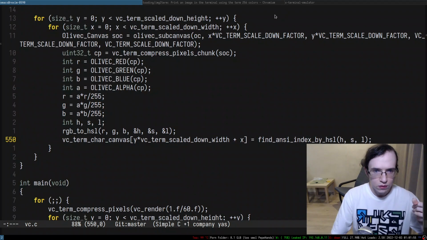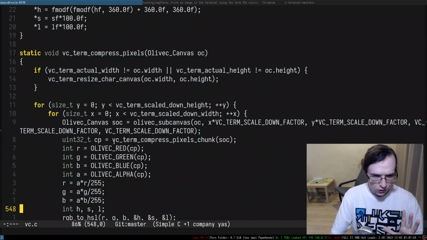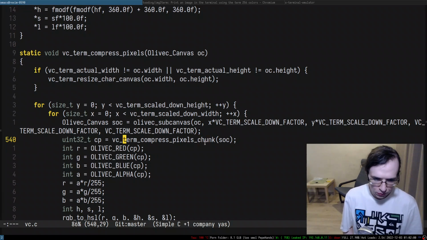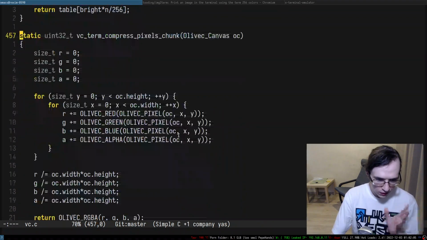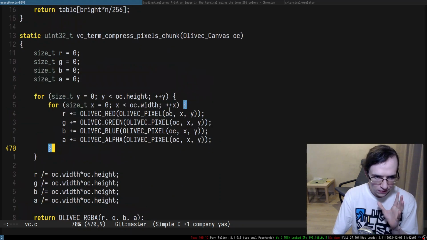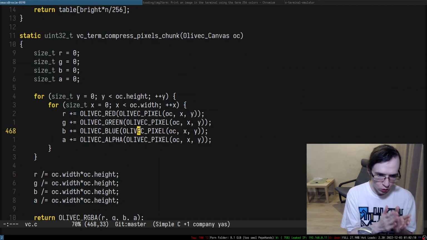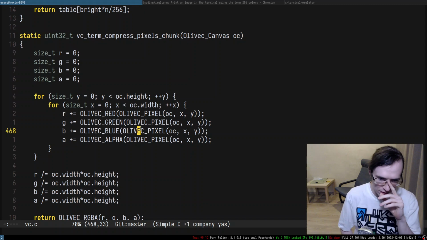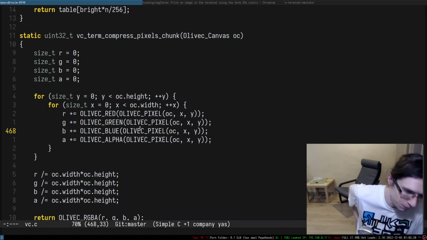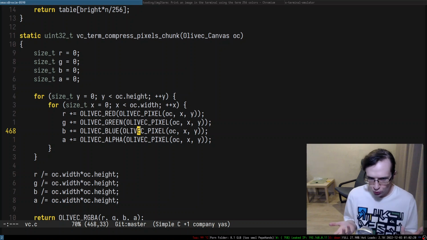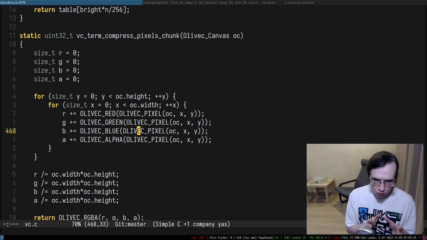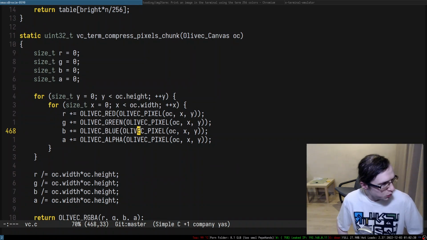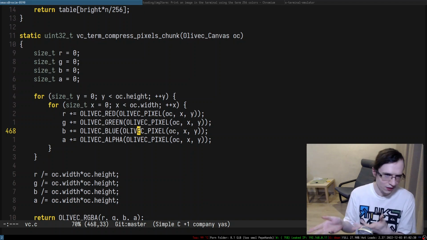All right. So what's interesting is that here, we compress a chunk of pixels, right? And the way we compress the chunk of pixels is actually rather interesting. I've never even tested if it preserves the colors correctly. I don't even know if it preserves the colors. Maybe it screws them up really badly. The reason why I never actually saw the colors is because we were rendering all of that without any colors. All right. So what's interesting is that maybe we could employ the STB resizing library, but